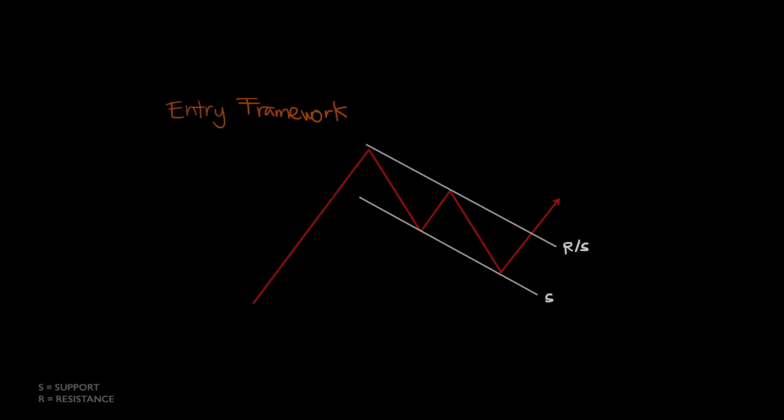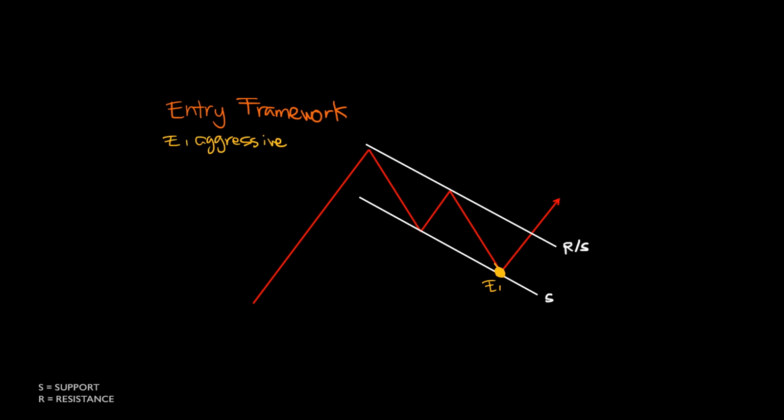The first major entry point is always the last bounce of support inside the corrective area pattern or inside the zigzag or the flat. This is what we will call E1, which is also what we will label as your